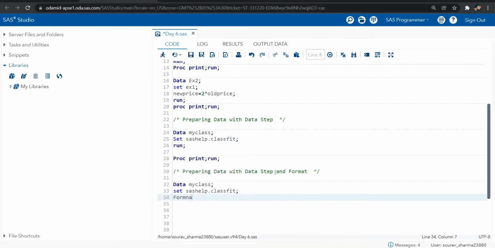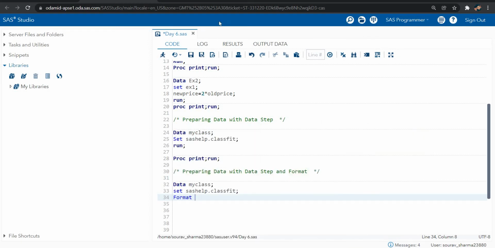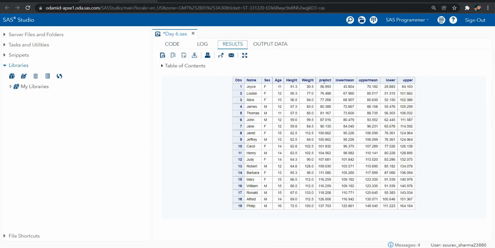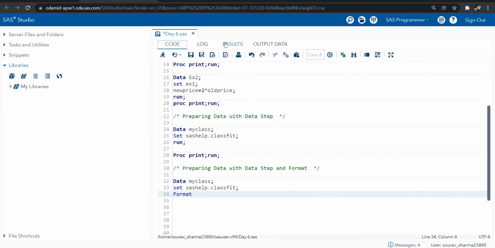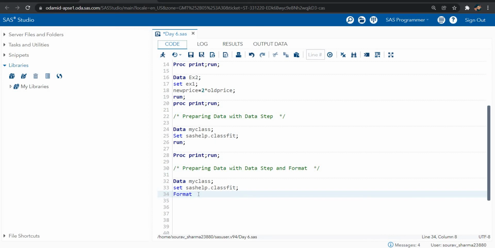Now I want the format of predict. I want the predict as a dollar. I want the dollar in front of these numbers.